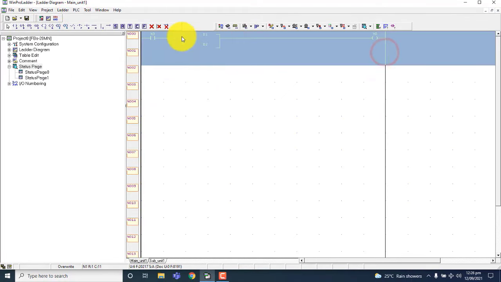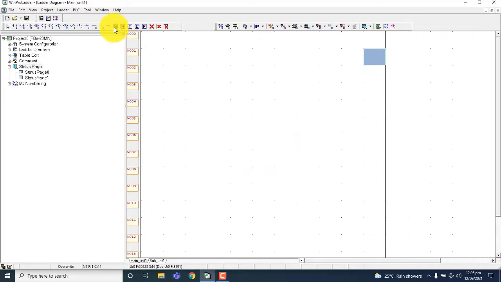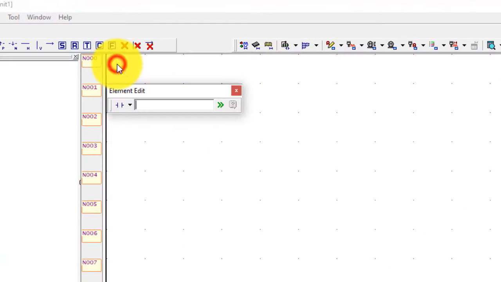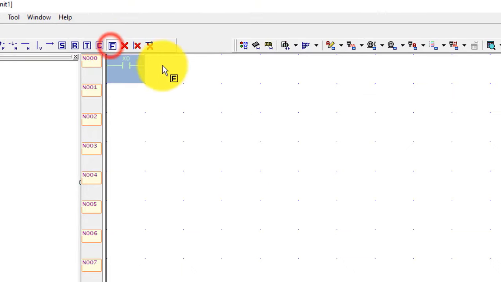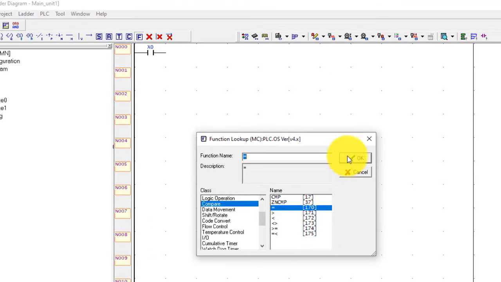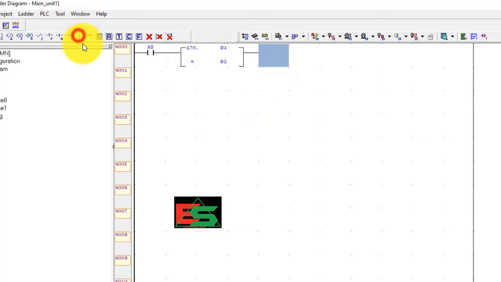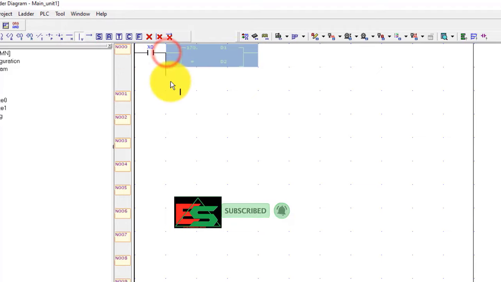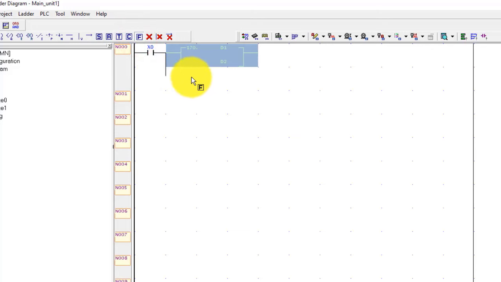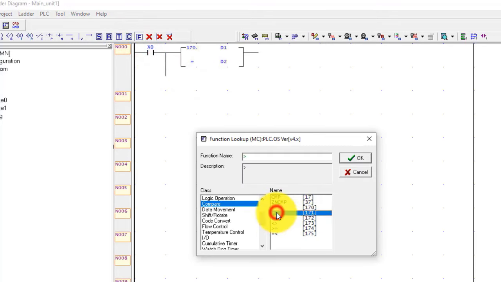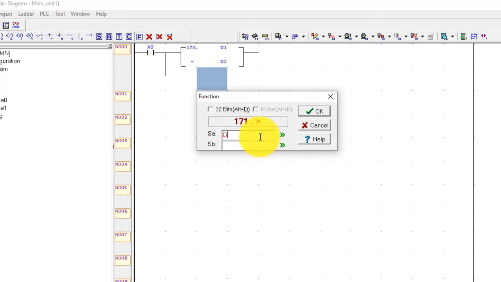We will make one program to use all the comparison commands. Okay, so right here X0 as the input, and use function command equal, D1 and D2. Okay, and vertical, use another function, less than or greater than, like D1, again D2, same data registers,